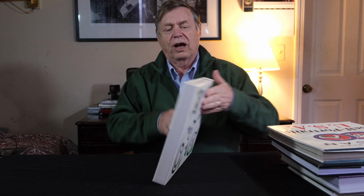Now, the next book I have is relatively new. And it's a street photography book, and I don't do a lot of street photography, but there are times when I like to get out there and work on my documentary work, which is kind of an offshoot of street photography in a way. And I have to say, I love this book, and I love the movie that came out around the same time. And it's this book right here,